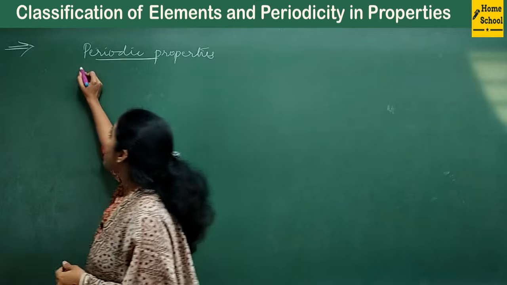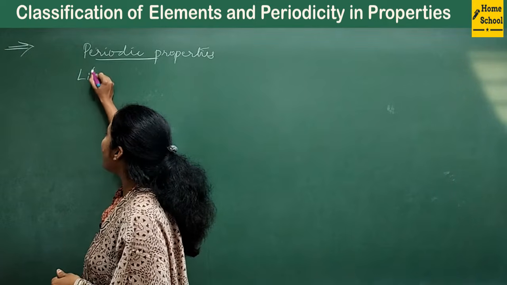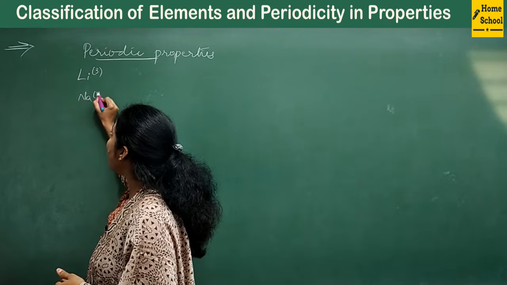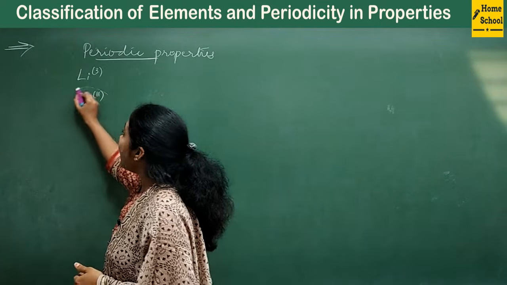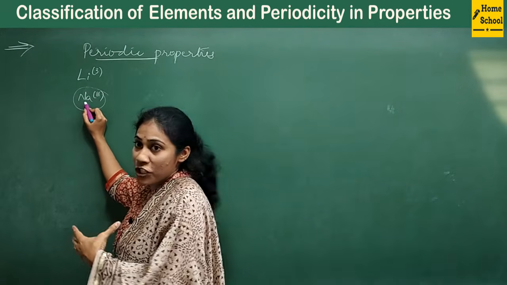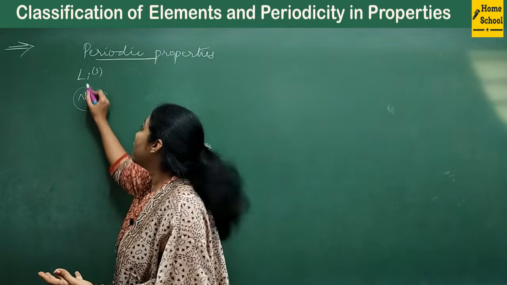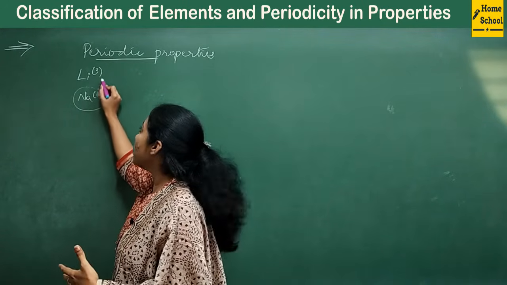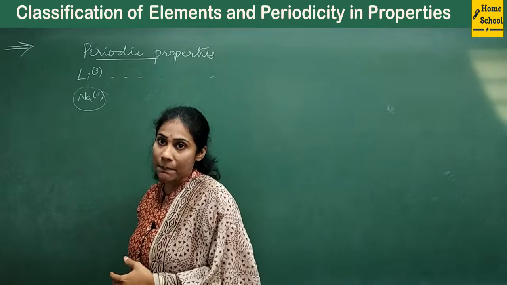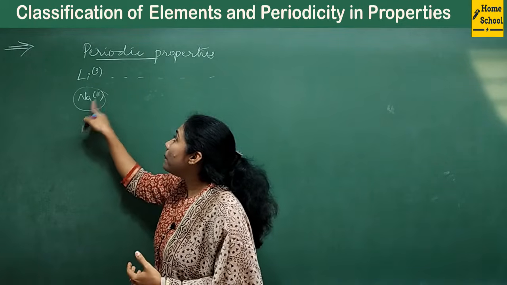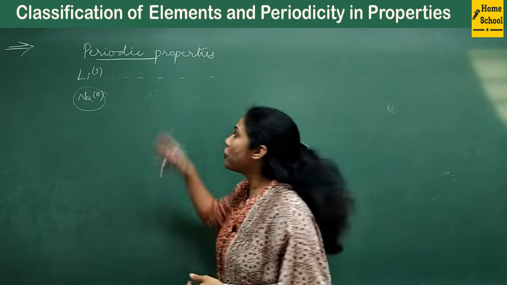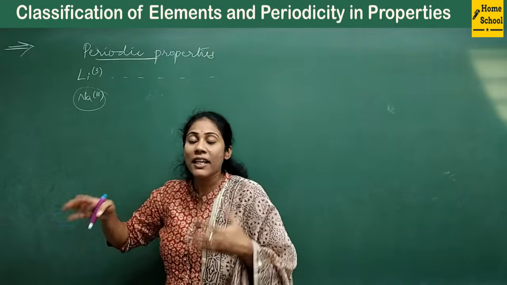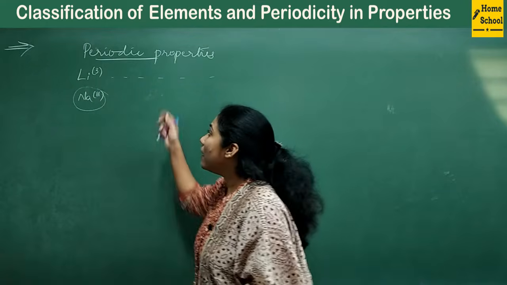I mean to say, suppose you have lithium, its atomic number is 3. Below lithium you have sodium, its atomic number is 11. There are certain properties which look similar to those of lithium. And when is our sodium coming? Sodium is coming after some atomic numbers. Between lithium and sodium, you have 8 other elements. So you have beryllium, boron, carbon, nitrogen, and after some atomic number,